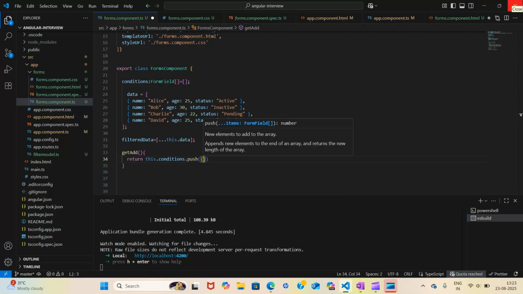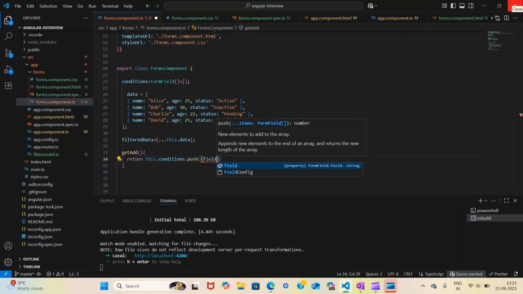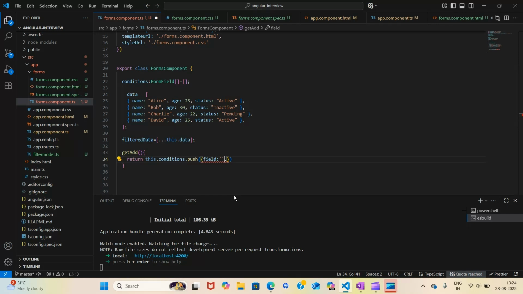And what we are pushing initially is the field, which should be an empty string right now. Then I have operators, which will also be a string, and then value. Initially this is also empty.